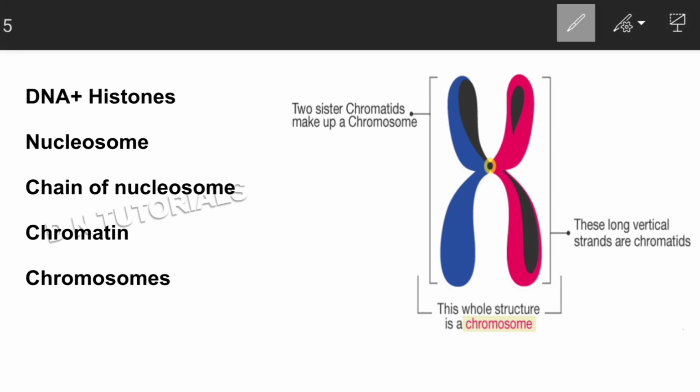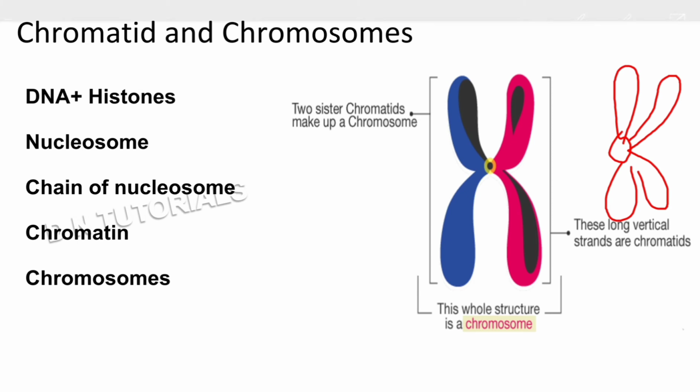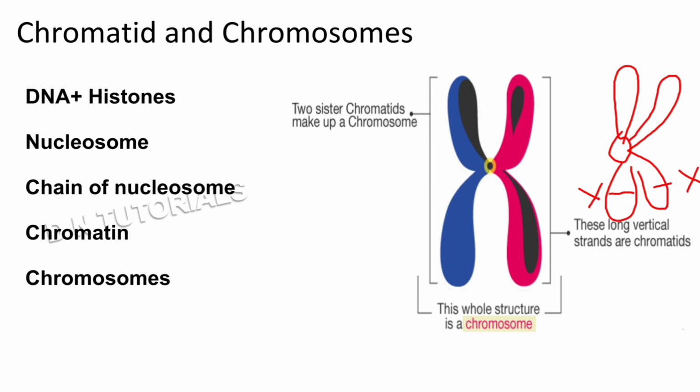Now let me remind you, this structure, if I draw it like this, will also be called a chromosome. When this chromosome creates a copy, it will be called a duplicated chromosome. Duplicated chromosome means if over here it has a gene called X, on this arm also there will be the same gene X, responsible for the same trait like your hair color or eye color. Such a chromosome is called a duplicated chromosome.